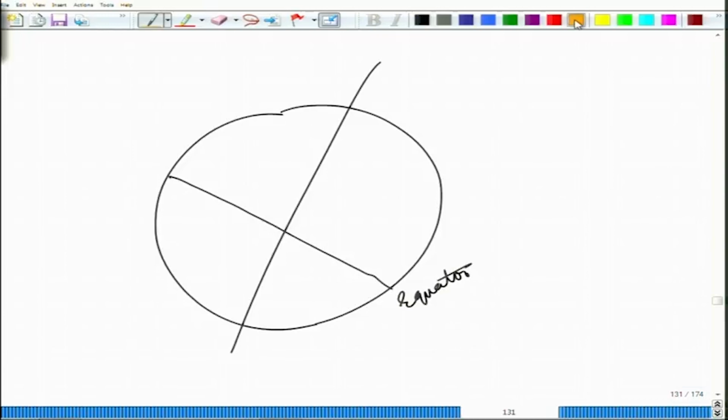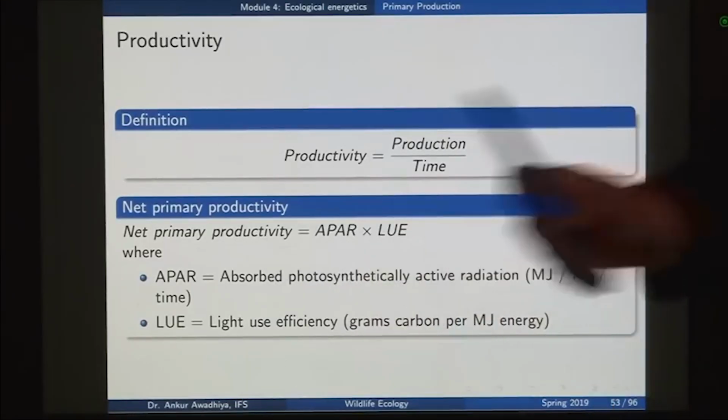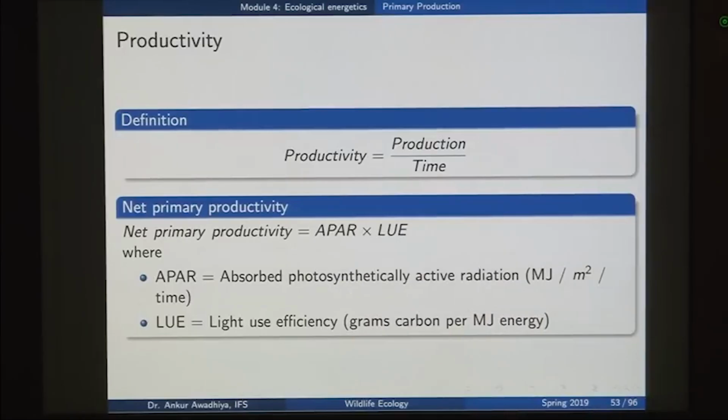Now, if we have the sun here, and we consider a point here, this point is getting much more sunlight as compared to a point here, because this point is receiving light that is incident at a very flat angle. So, the amount of photosynthetically active radiation that gets absorbed can be figured out by looking at the latitude of the place. That can also be looked at by looking at the aspect of that place.